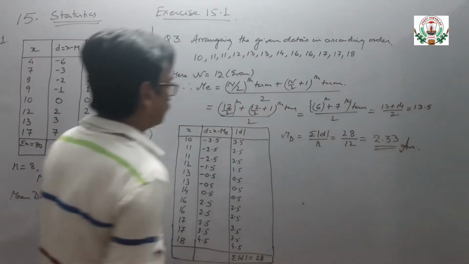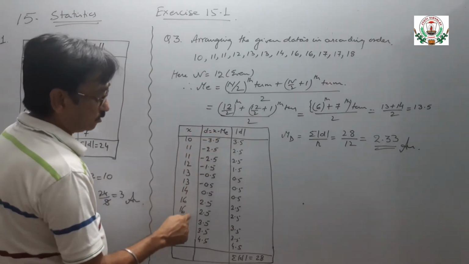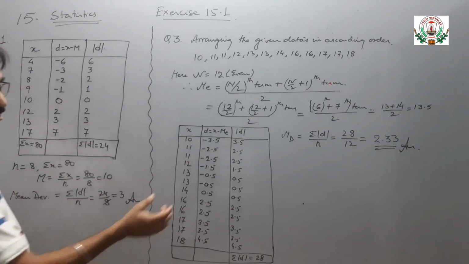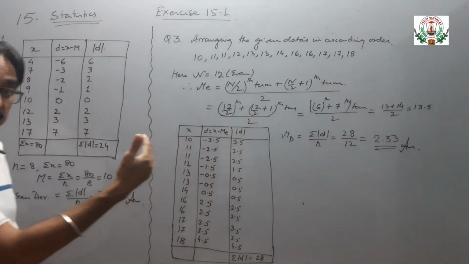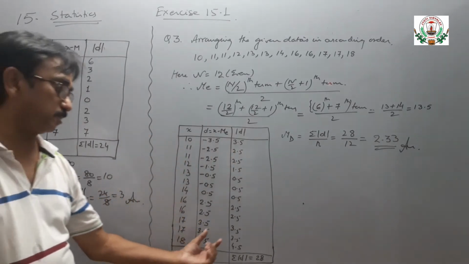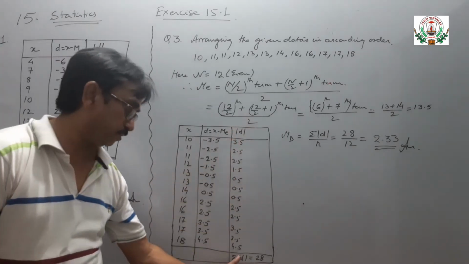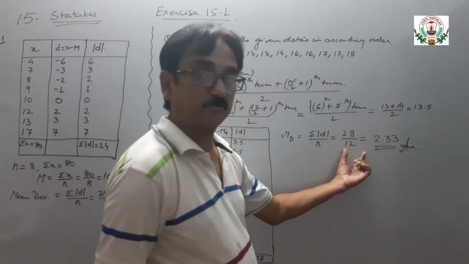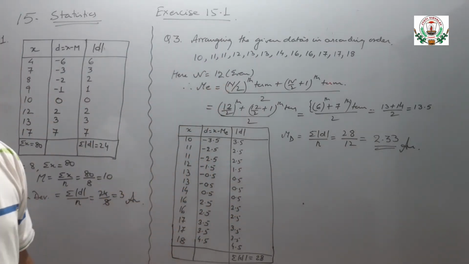Median we got 13.5. Now d equals x minus m. From every variate we will subtract 13.5, and after that each negative value will become positive as we take the modulus of deviation, and positive will remain as such. We will add up all the modulus of d data. We will get 28, and applying the formula, 28 and number of data are 12. So our final answer of the mean deviation is 2.33.